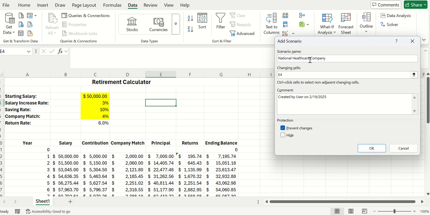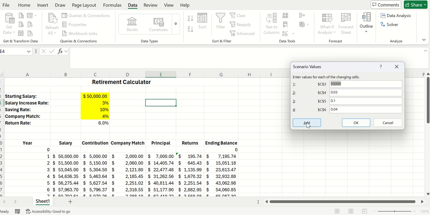And in National Healthcare Company, the cells that we're going to change here, I've already highlighted them for you so it's easy to see. So you can just left click and drag these, and it says we're going to change those cells. Also, you don't need any comments in here. You can put comments if you would like. However, once you have that set up, click OK,